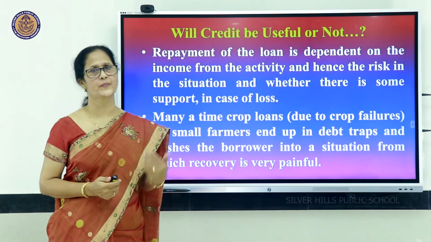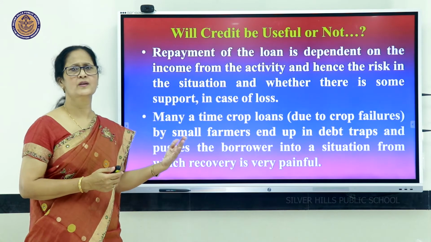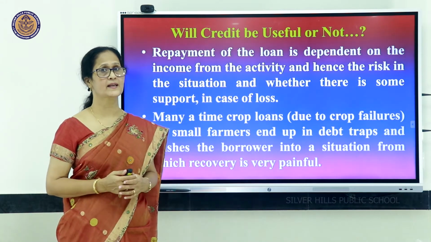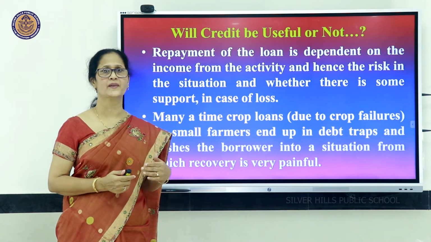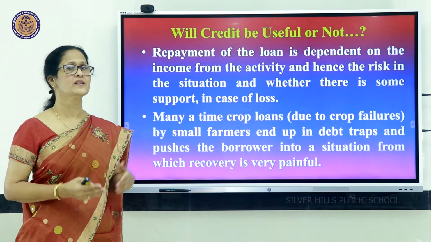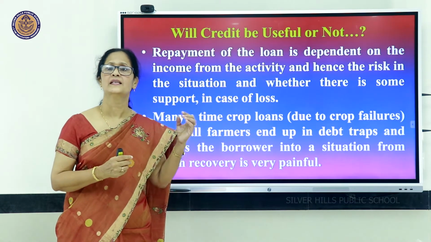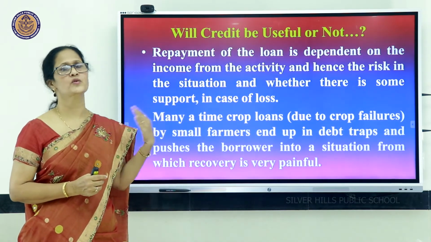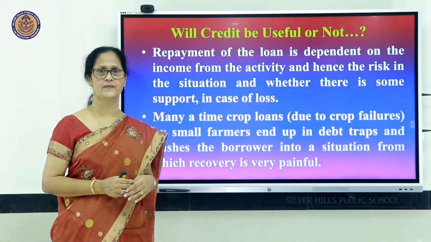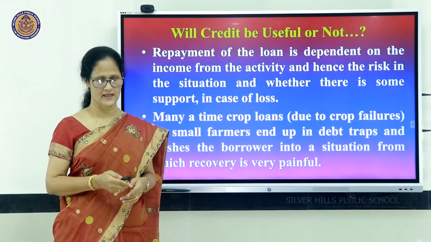But what about Swapna's case? Swapna, who was a small farmer with 2 or 3 acres of land, took an agricultural loan from the moneylenders at a high rate of interest, and unfortunately the crop failed. She could not repay the loan and finally she had to sell a piece of her land to pay off the debt. She became worse off than before. Credit has played a negative role in Swapna's life.